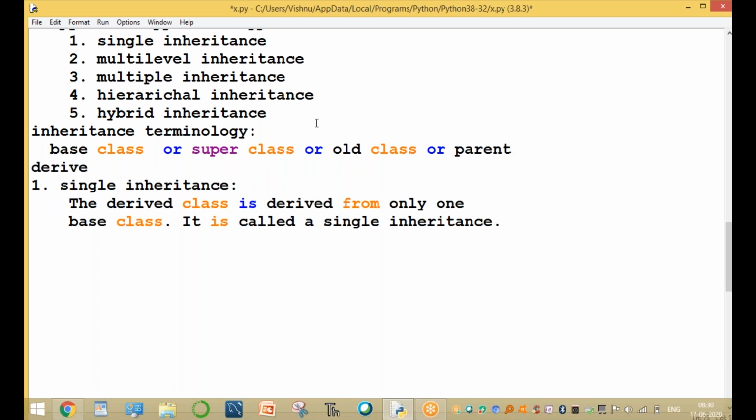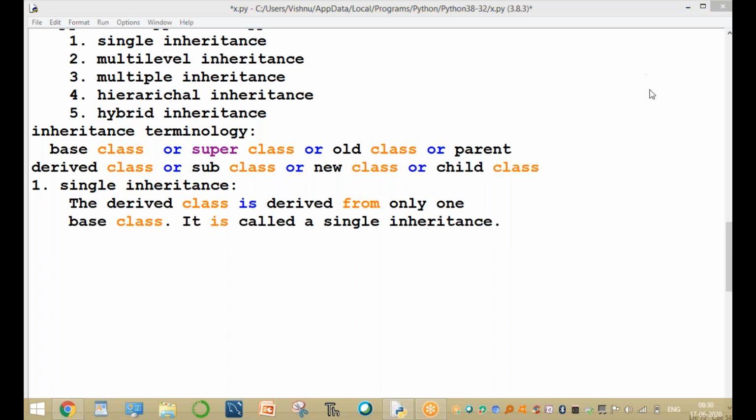The derived class is also called subclass, new class, or child class. All are the same terminology. Either base, super, old or parent; derived, sub, new or child. All the classes are the same type.